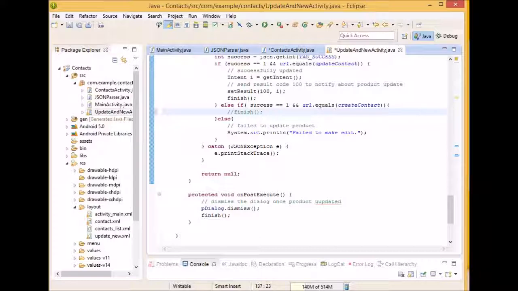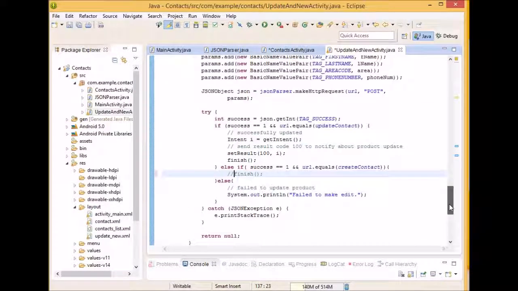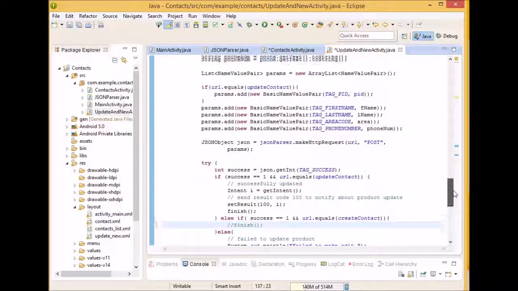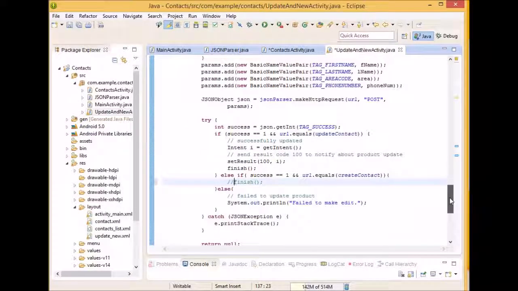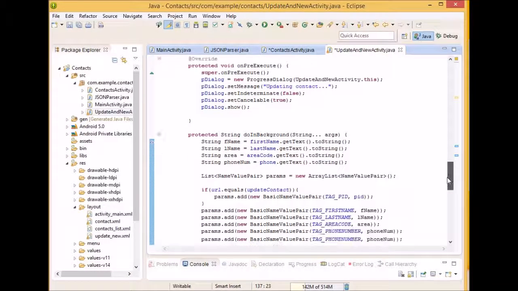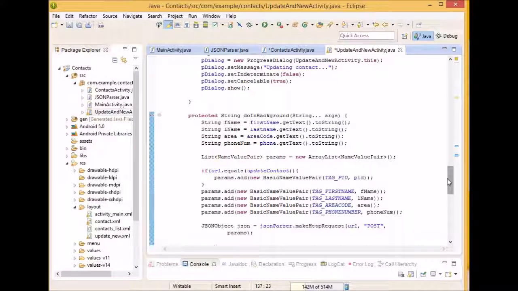So that concludes how to create, read, update, and delete entries in a database from an Android device. All of these methods are pretty much redundant. They all pretty much do the same thing with the few exceptions of the parameters being sent. Most of the stuff is handled by the JSON parser class,